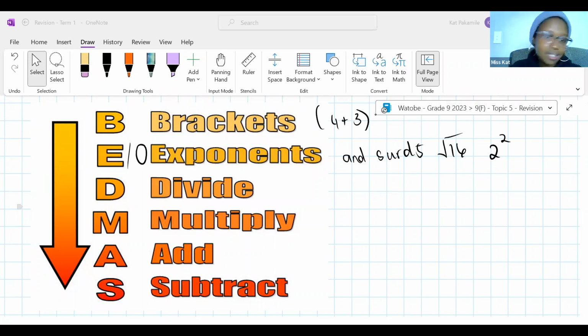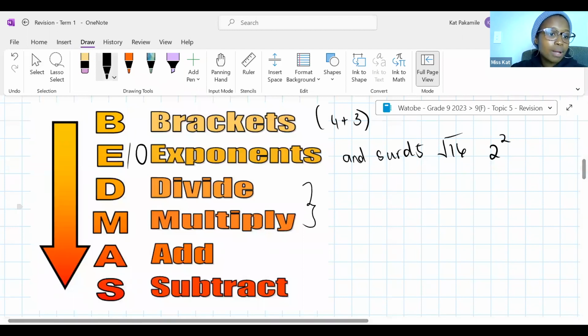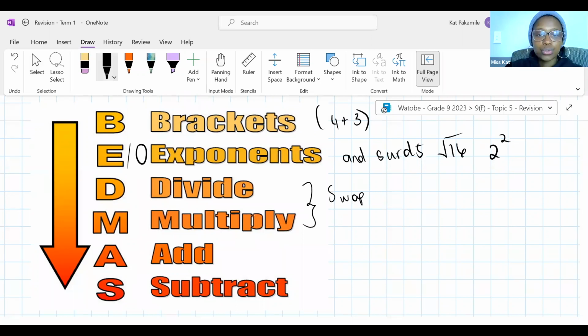We are starting with this BODMAS and BEDMAS, guys, and BEMDAS, and whoop, confusing. But it's fine, as long as you guys get the points. The reason you can swap around the division and multiplication is because you can do these in either order. So these two, you can swap them around. Some people do say BEMDAS or BOMDAS because you're allowed to swap these two. So if you have a sum that only contains division and multiplication, you quite literally just go from left to right, solving the sum. So divide and multiply can be interchanged in this rule.